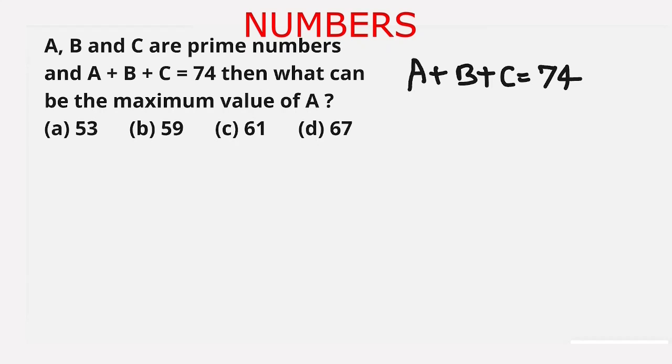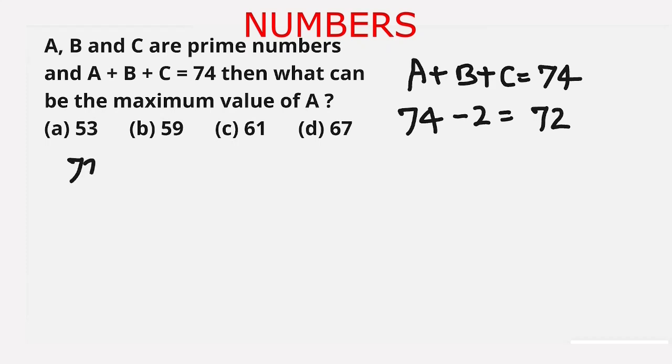It is given that A plus B plus C equal to 74, where A, B and C are all prime numbers. As 74 is even number, it means that one of the number must be 2 and the other two numbers are odd prime numbers. Then sum of these three can be 74. So we first subtract 2 from 74 and we get 72. Now 72 is sum of two other prime numbers, and now one by one we will subtract the lowest prime